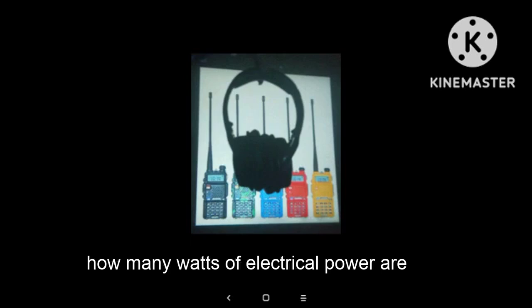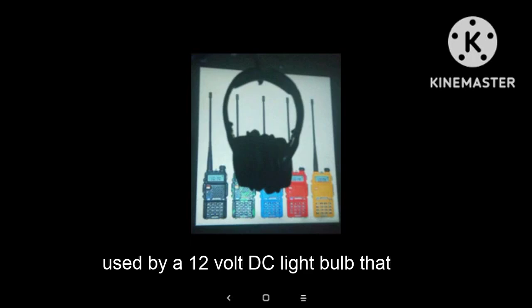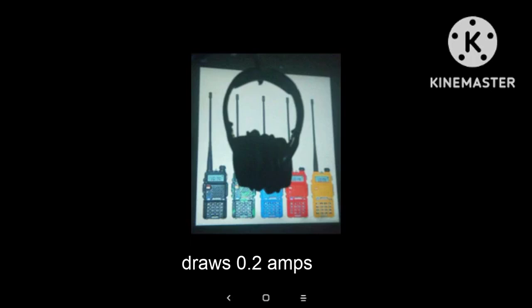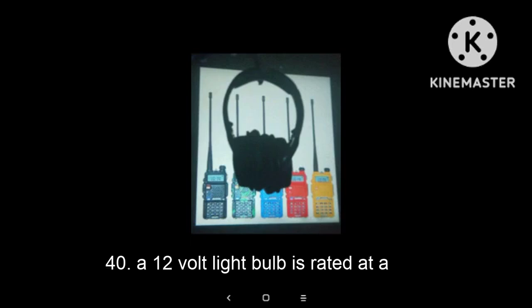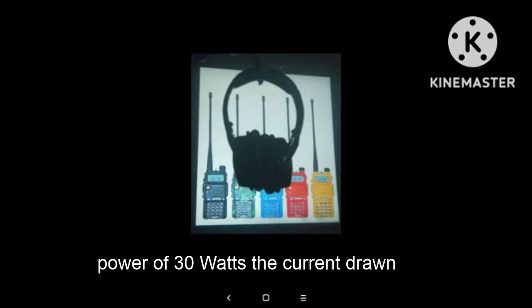39. How many watts of electrical power are used by a 12-volt DC light bulb that draws 0.2 amps? 2.4 watts. 40. A 12-volt light bulb is rated at a power of 30 watts. The current drawn would be